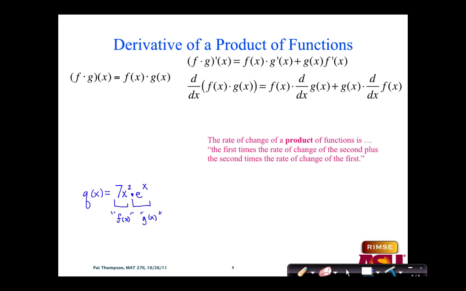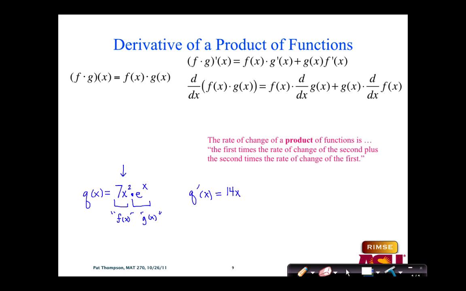then according to our product rule here, the derivative or rate of change of function q, this product with respect to x, is going to involve, well, whatever order I want. f times g prime and g times f prime added together, or, and I think the previous slide said g times f prime first. Like I said, it doesn't really matter, but I know how to find the derivative of this part on its own. It's a coefficient on a power of x, so I'd have 7 times 2x to the first, otherwise known as 14x,